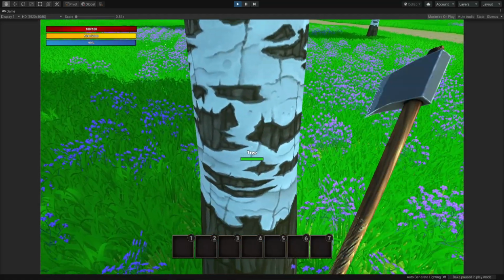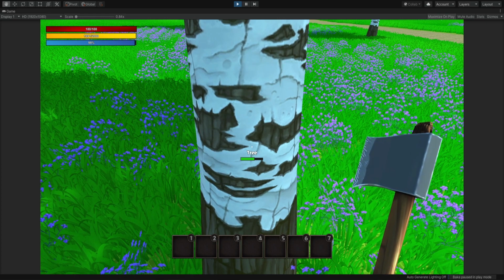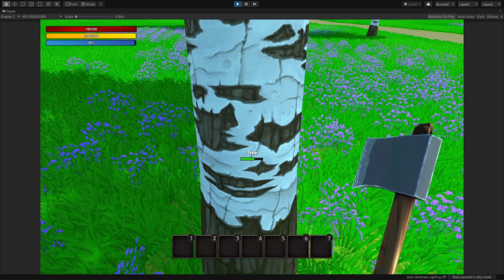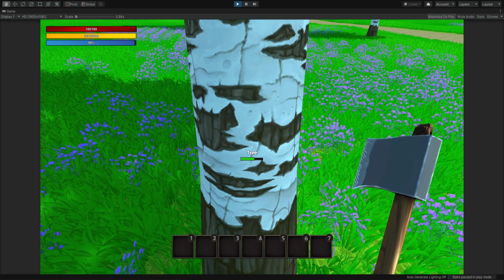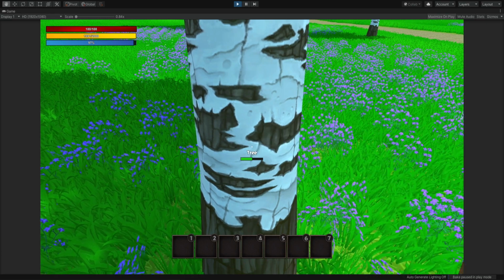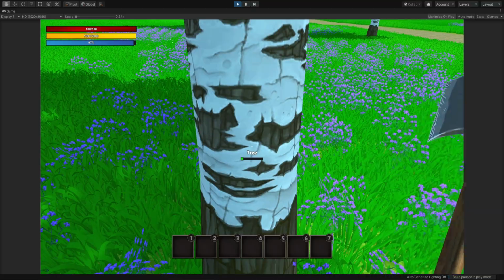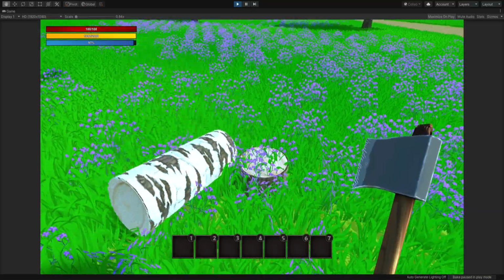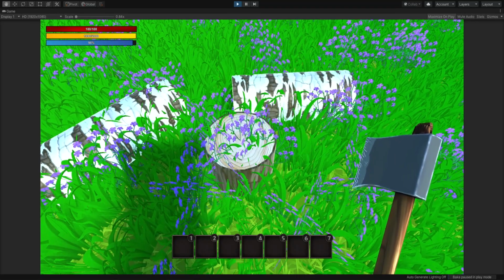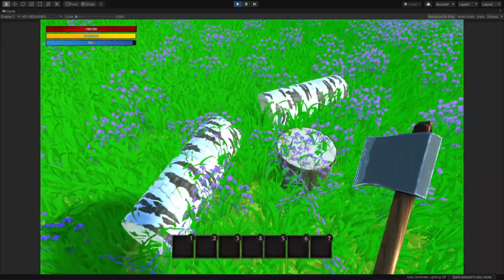So now let's hit the tree a few times. And there is some kind of little bug that we need to take care of, because if we just click a lot of times, it will deplete the health and the axe is not really going to move, but we're going to take care of that. So now when we reach 0, you can see that the stump was instantiated over here and these logs just fell,